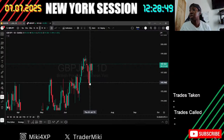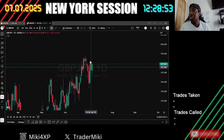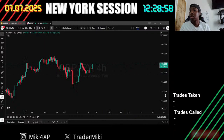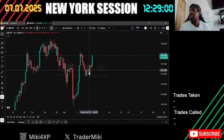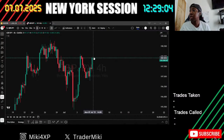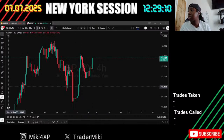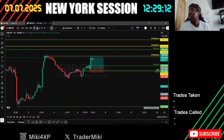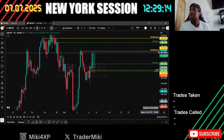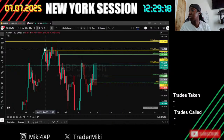We had the support form last week, and this could be a higher low created today to continue pushing up. 4 hour structure, nice and bullish. We've got kind of a double bottom here, continuation pattern over the last 3-4 hour candles, and we're pushing up to this 4 hour support resistance, which is my first TP. After that, I want to see GJ continue up to 198, let's call it 0.5 just to round it off,